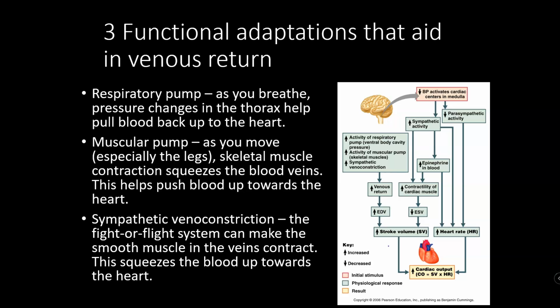The muscular pump. This is skeletal muscle, and it's especially important for the legs, especially for people who stand up a lot. This is where gravity comes back into play. So I want you to think about a person who just stands up all day, every day. Like think about a hair cutter, hairdresser, barber, whatever. They just stand there. They don't move around a whole heck of a lot. They tend to get very swollen feet and swollen ankles because they're not moving around all that much.